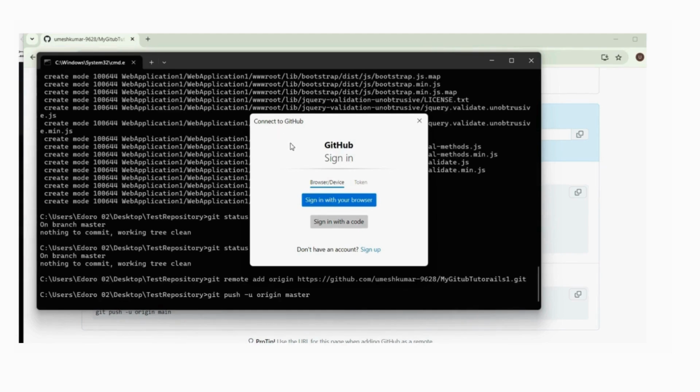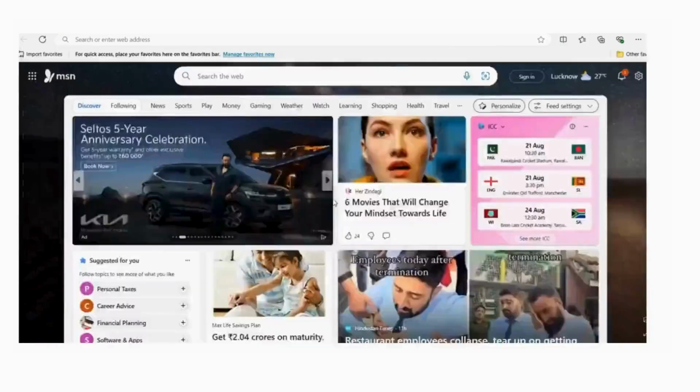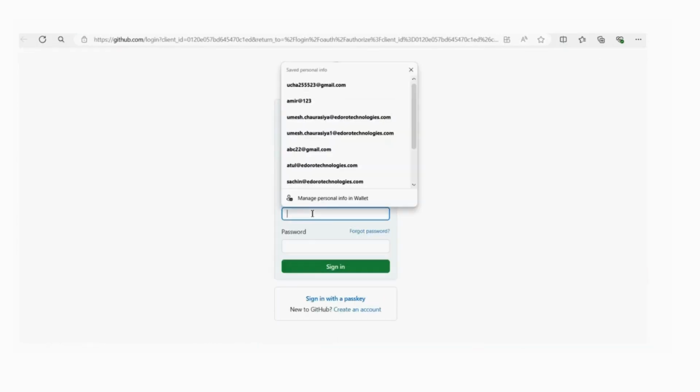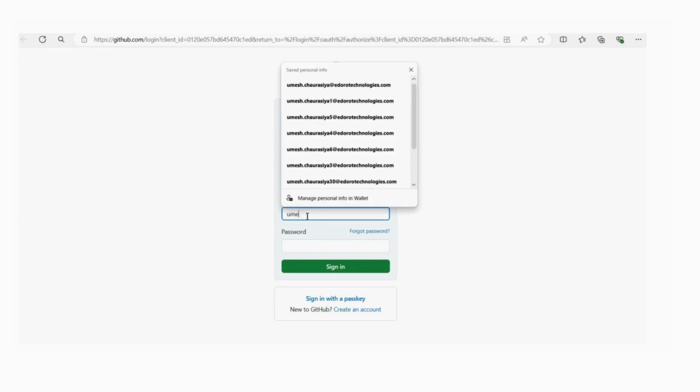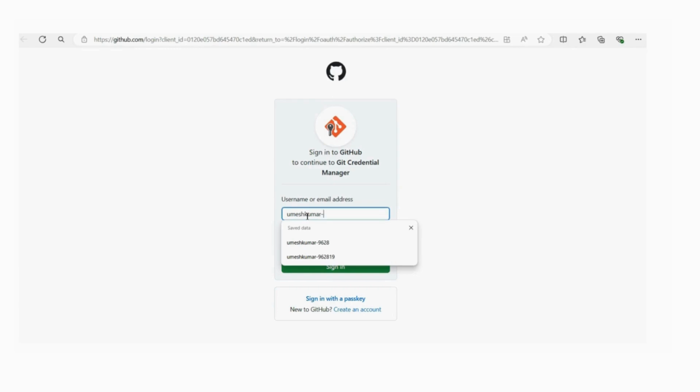First I need to connect with GitHub, so sign in with your browser. Enter the user ID and password. Click on the sign in button.